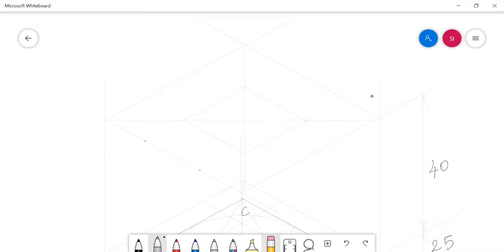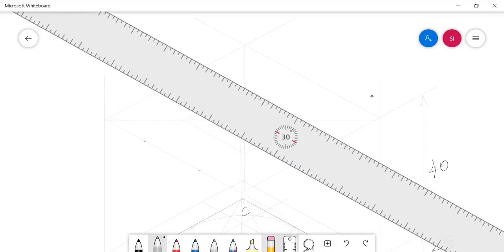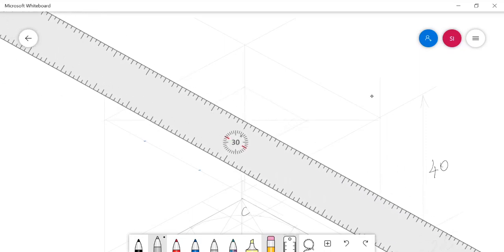Inside this box, I need to follow the 4 center method to bring out the top face isometric view.